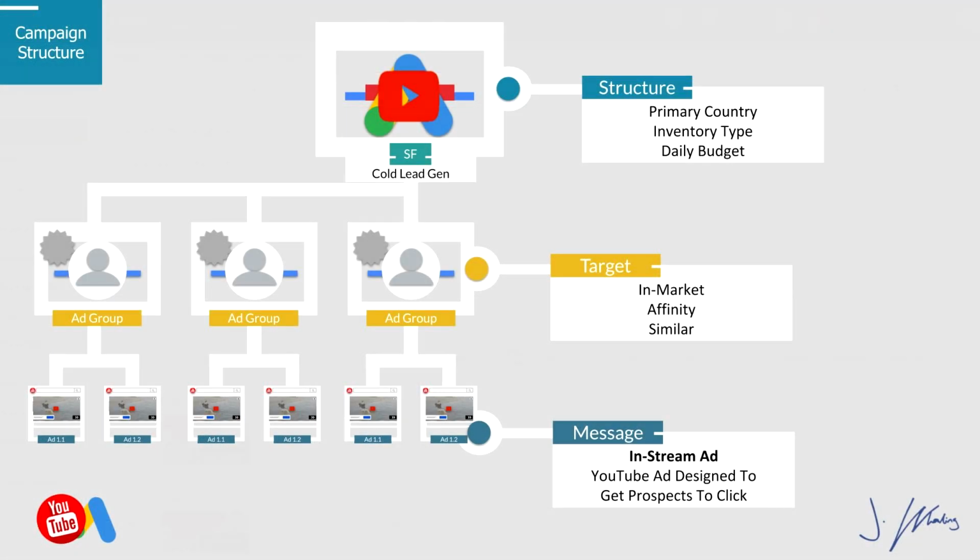So if we go back to our diagram, you can see we have our campaign, and then we have our ad groups. We have 2 ad groups right now, and the same 2 ads inside of the 2 ad groups we've created. Now, all you need to do is repeat this exact same process for one more ad group, so you have 3 ad groups inside your campaign at $250 a day. Then you'll do this process all over again, except targeting 3 ad groups that have affinity audiences in them. And that's your $5 a day lead generation campaign strategy. That's all there is to driving traffic off of YouTube.